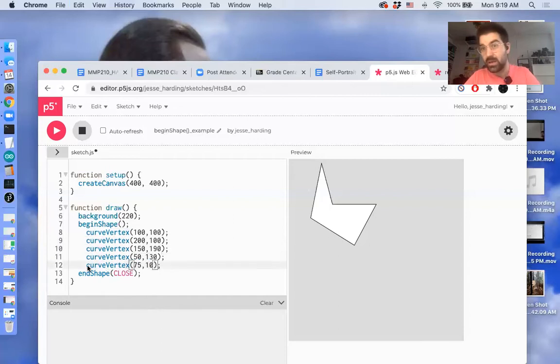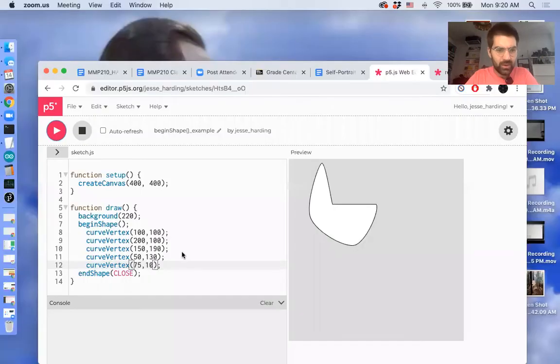And so this is going to be a little bit odd when we do this. It's probably not going to look the way that we expect it to. So let's just run it and take a look. So it looks pretty interesting, but then there's this straight bit here. And the reason for this, I'm going to switch back to my other camera to talk about that real quick. The way that curve vertex works. Actually, before I do that, I want to go back to a simpler